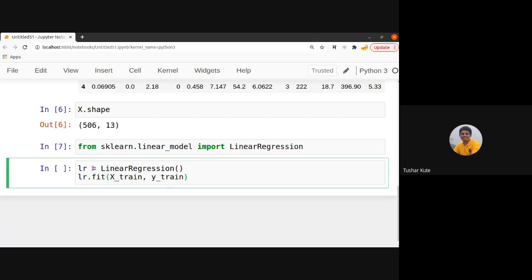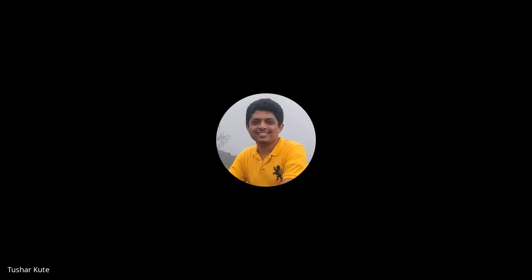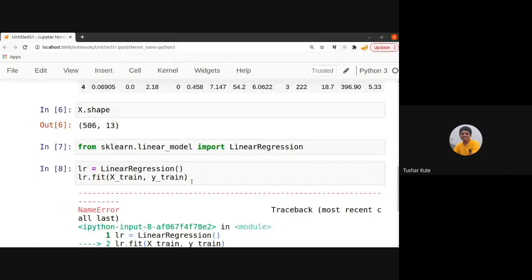The example we have seen last time. LR is the object that I have created for regression. Sorry, before that, I need to split the data into train and test format, like the cross validation that we require.